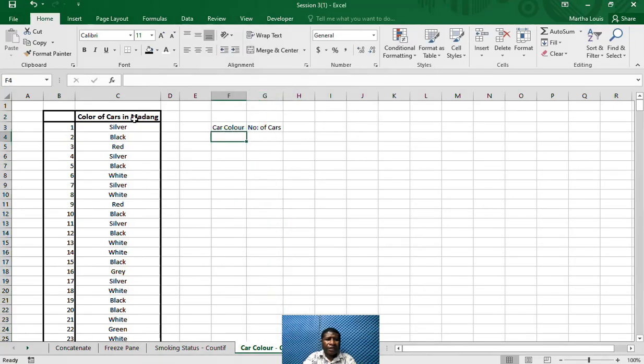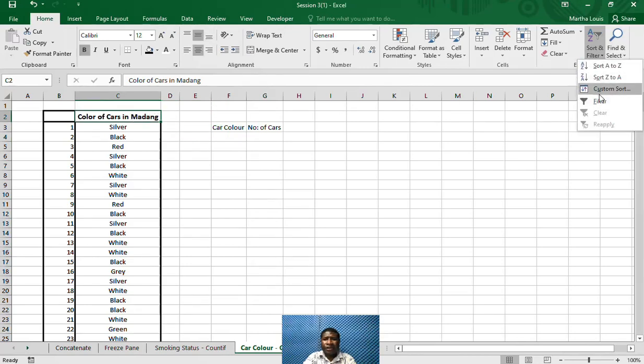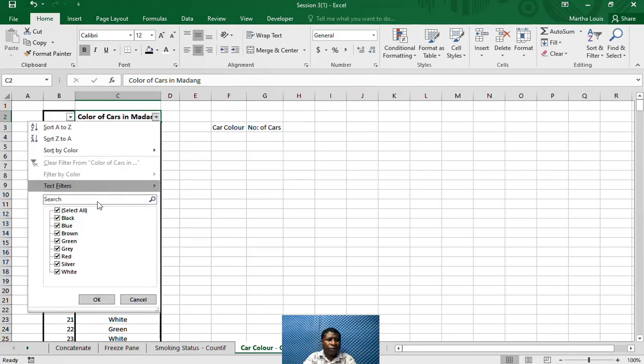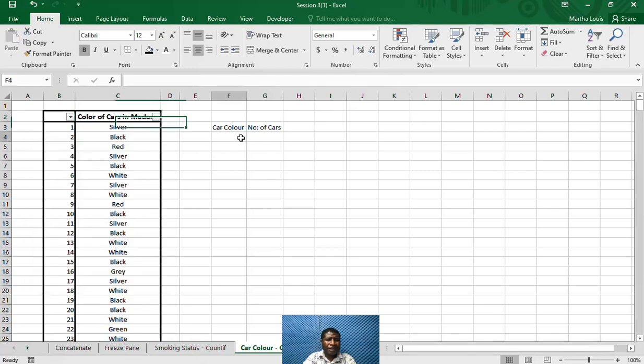Now here we can use filtering. Click filter and click on the filter arrow so that it shows us the different colors used in this range of cells. So we have black, blue, brown, green, gray, red, silver, white. Type those colors down. Black,